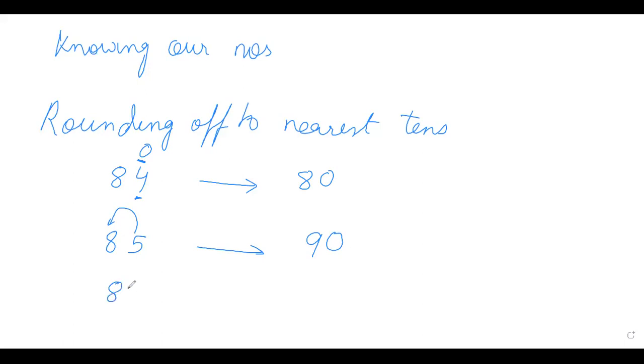Like if I tell you 86, then how can we round off 86? You can see the ones place is more than 5. Ma'am, 90. Yes, so it becomes 90. If I ask you to round off 81 to the nearest tens, how will you do it? Ma'am, 80. Yes, you will look at the ones place. It is 1, that is smaller than 5. So we will just discard it and put 0. So it is called rounding off of number to nearest tens.